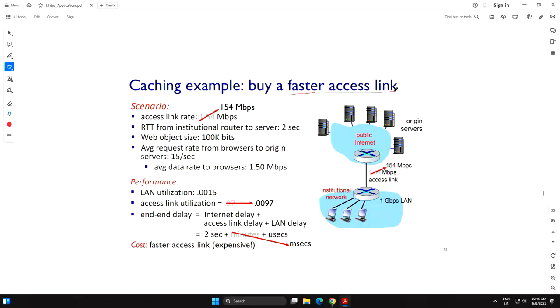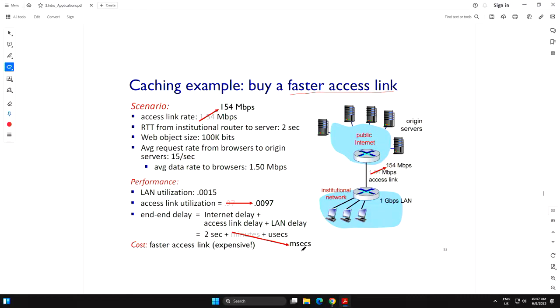You have money, right? You're the CEO, you say nothing is working in your organization, how much do you need? And they say, I need another $500,000 in lease cost to connect my site to the headquarters. CEO says, okay, go for it, $500,000. You say, okay, forget about 1.54. I can get 154. CEO has just approved it, right? And you can say the minutes become milliseconds, and everyone is happy. Good.